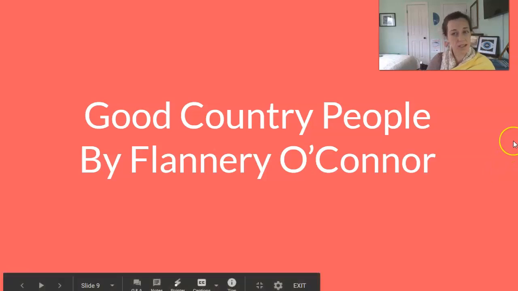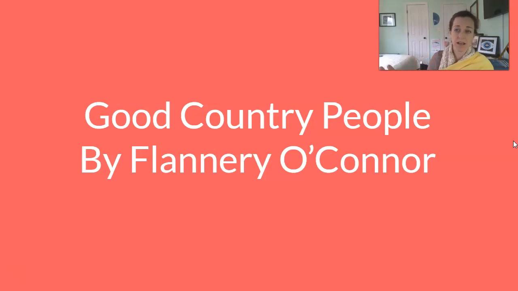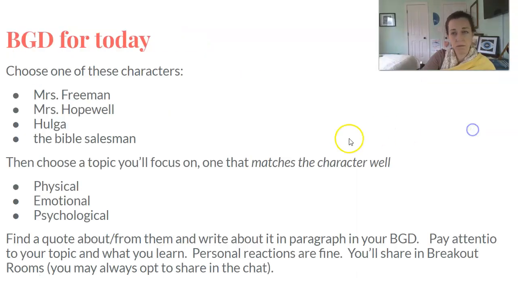Good Country People, we didn't talk about it as a whole class. I really started by trying to let you have space to develop your own ideas about the characters. And this will be your async work. So we prepped for discussion, we had discussion, but for you watching the video, most importantly, this will be your task. Choose one of the 4 characters, and then choose a topic you'll focus on